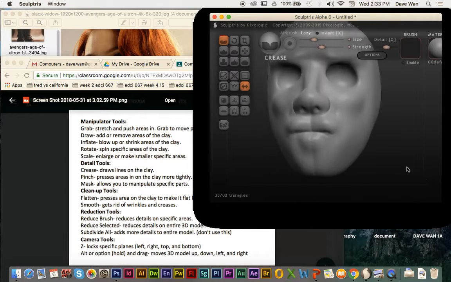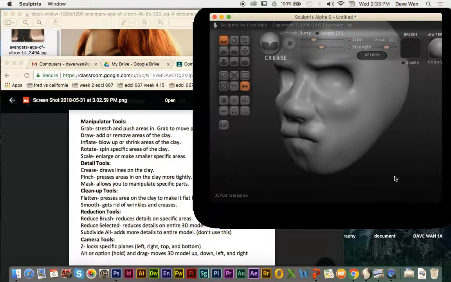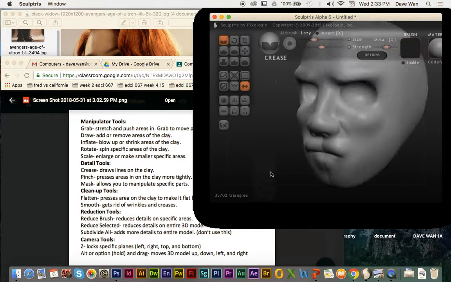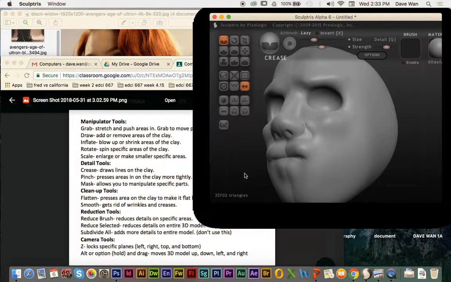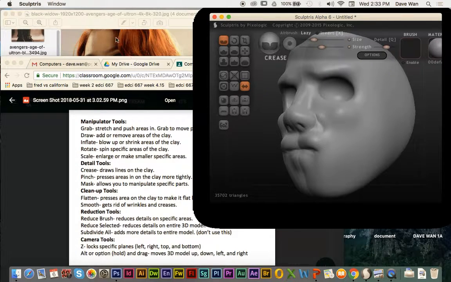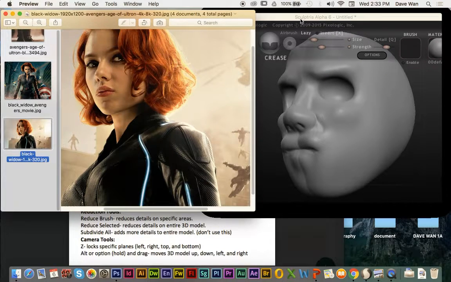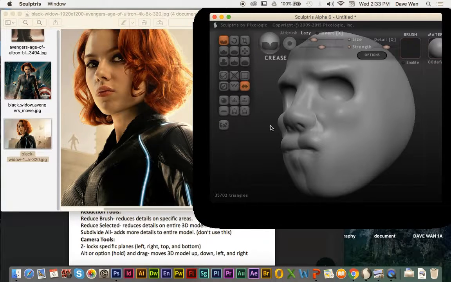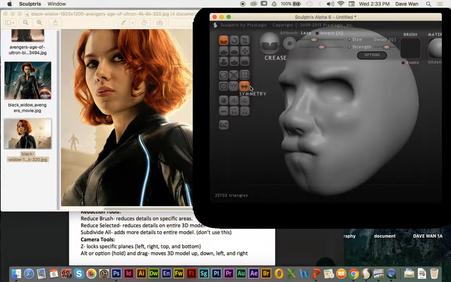Okay, so obviously I need to move the model up and down. So if you hold the Option key, you can drag the model up, down, left, and right. So that's a different way you can get those angles that you can't really typically get just because of how it is. But basically the crease tool, what that does is